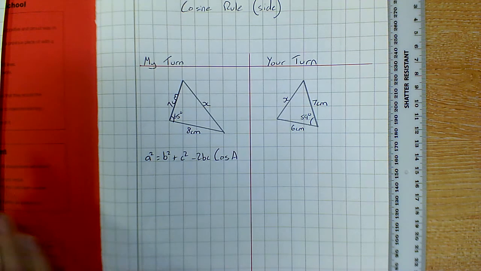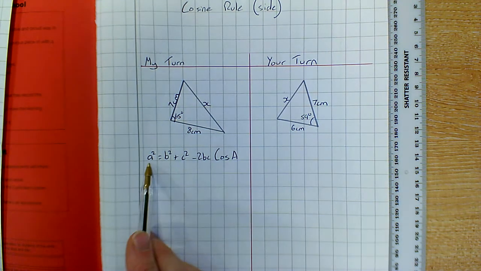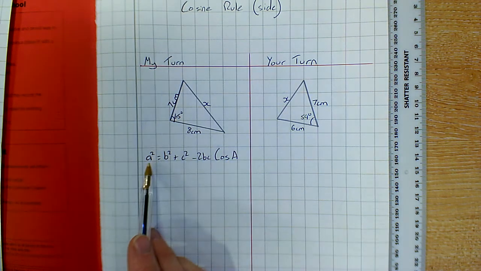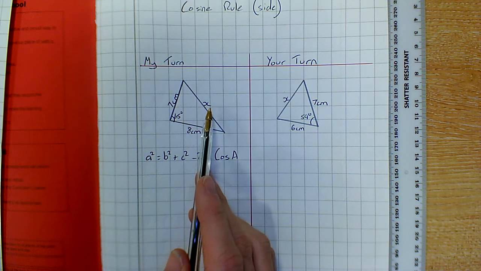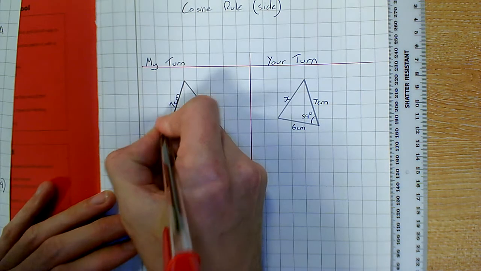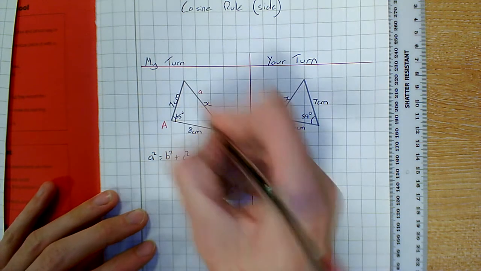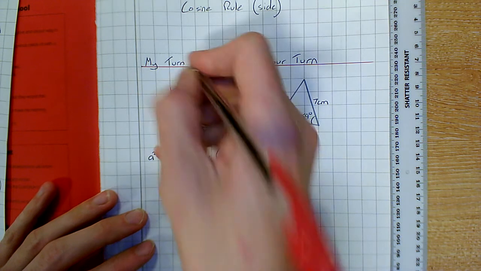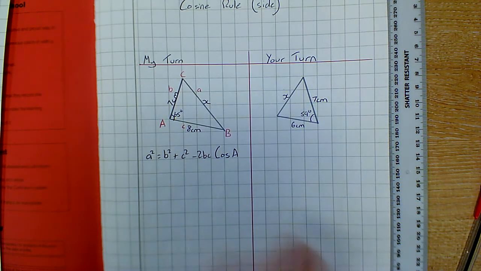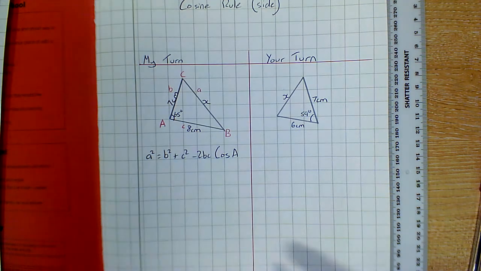Okay. So with all trig, the first thing you're going to do is label your triangle. Now looking closely, you see the angle being used is cos A, and as well as that, we're actually trying to find the side a, which is going to be facing angle A, isn't it? So when we label the triangle, I'll make that side a and angle A, and then I'll do side b and angle B, and then angle C and side c. Okay, and all that's left to do once I've done that is to substitute my values that I know into the formula. So I've got